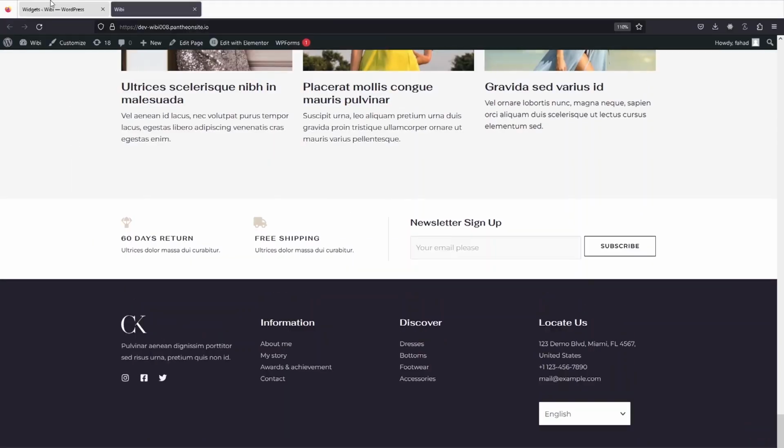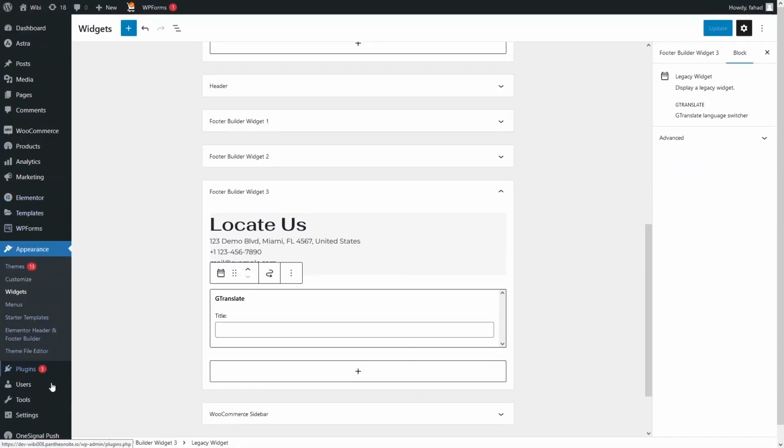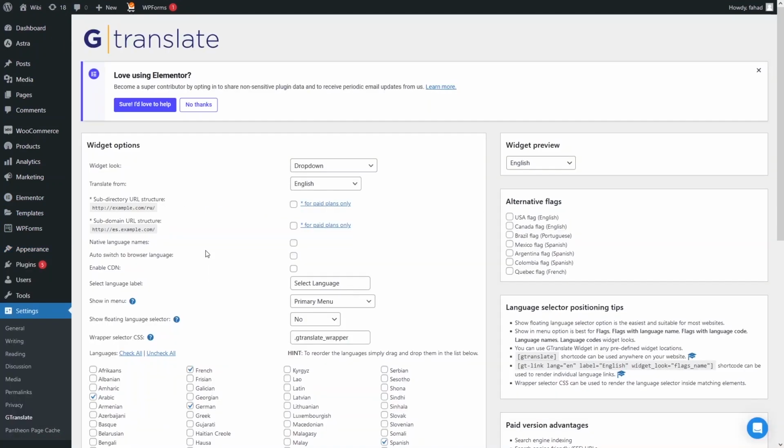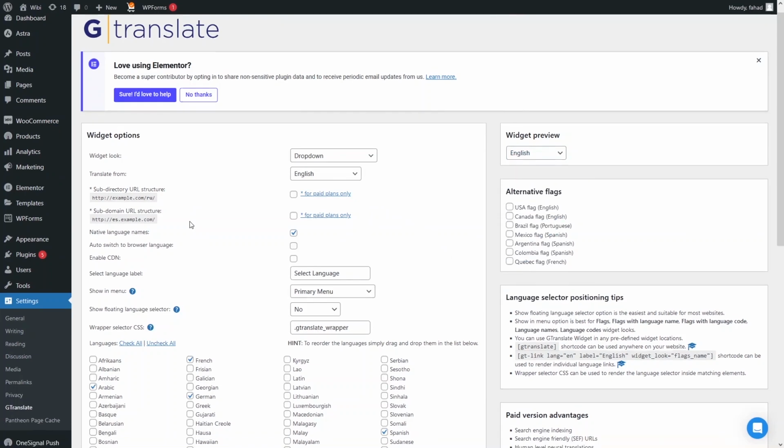Now I will go back to the dashboard again, and from here we go into GTranslate. If I want to show the names of the languages in their native language, how can we do that? We will simply check this option, native language names, and you will be able to see that the names of the other languages are in their native language. If we have Arabic, we have the name of the Arabic language in Arabic. If we have French, we have the name in French. In a similar way, we also have the other options. Let's save this change